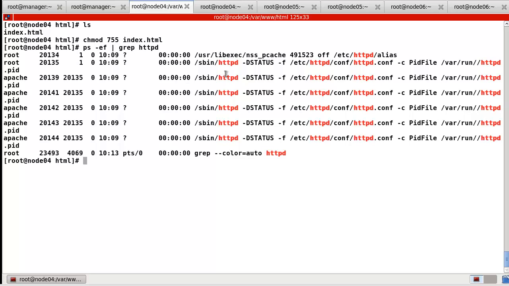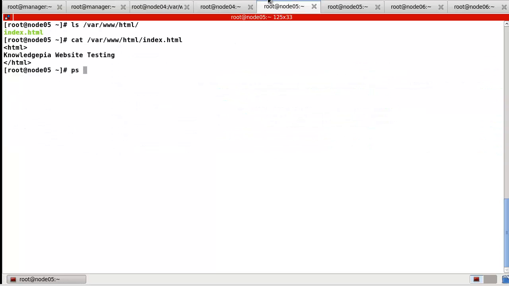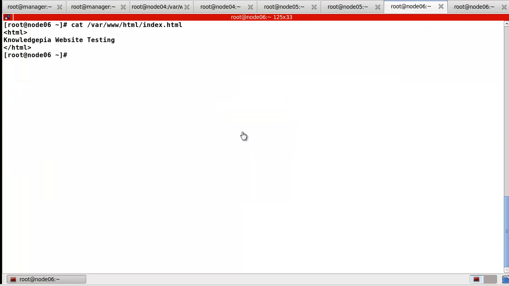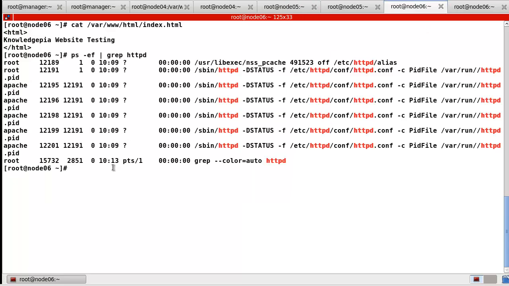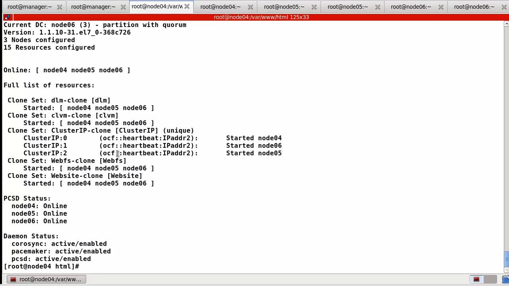So node 4, we started this Apache daemon, and node 5 also. Okay, you can check the Apache daemon, and node 6. So node 6 as well, the Apache daemon is all started. We checked this one, okay, the cluster resources cluster IP and WebFS and the website as well.